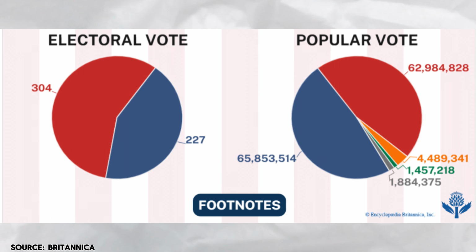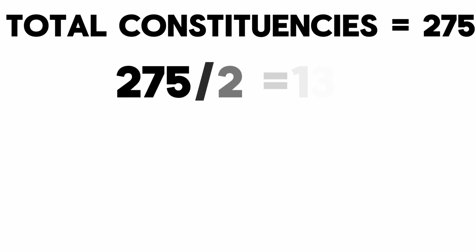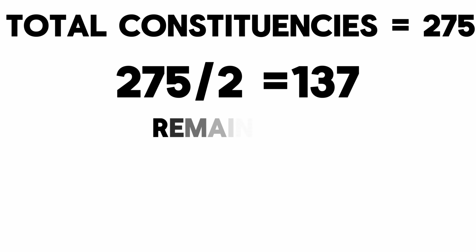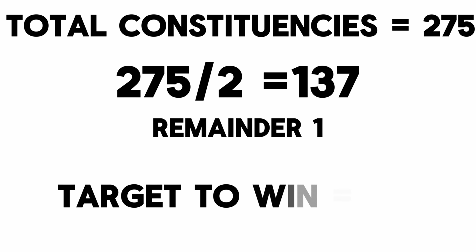Ghana has a total of 275 constituencies in the country. Dividing the 275 by 2 will get you 137 remainder 1. Therefore, by the Electoral College system, the winner of the election should be able to attain 138 constituencies